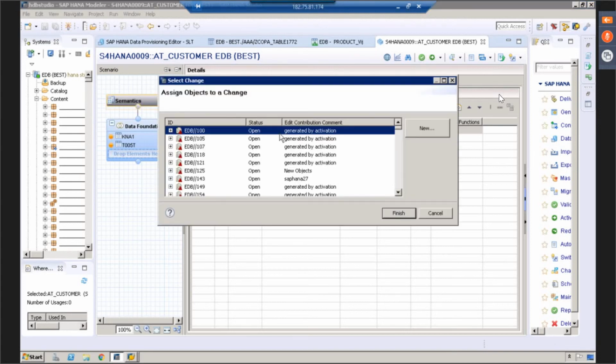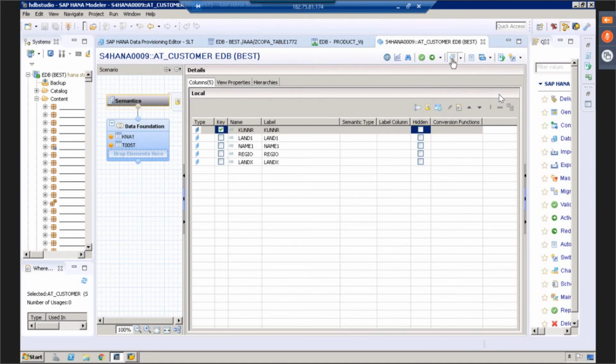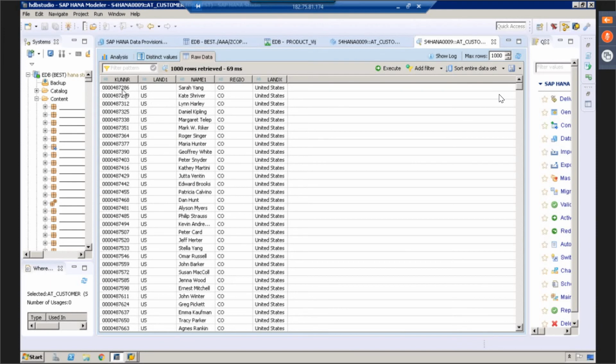Select the request, click finish, and click data preview. Once I click data preview, now I'm sure I can see data. Click on raw data. Now please see participants, I can see the customer ID, country ID,